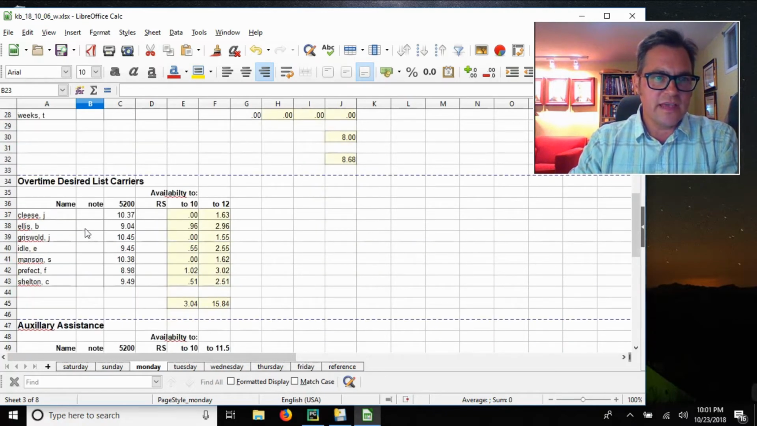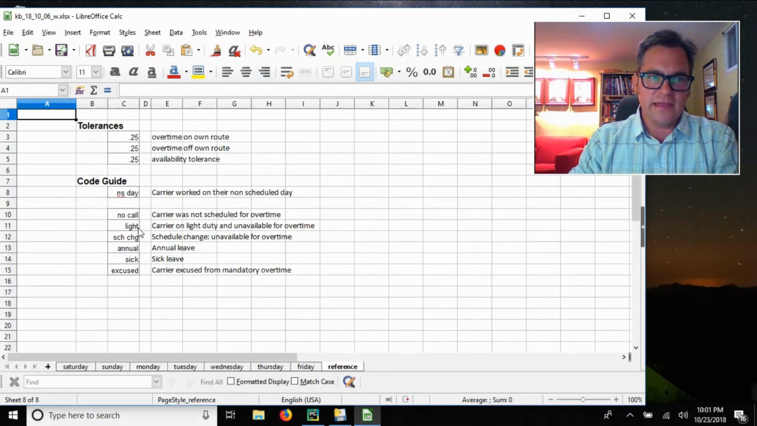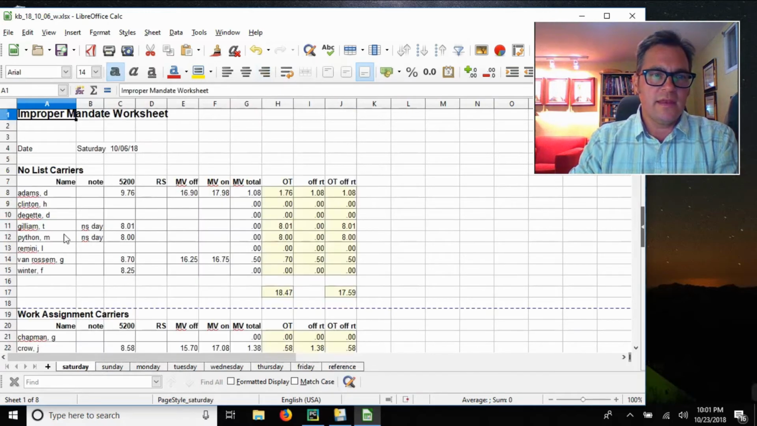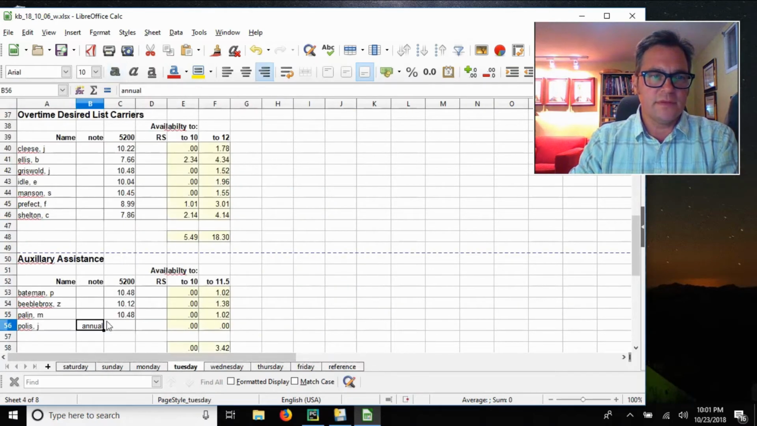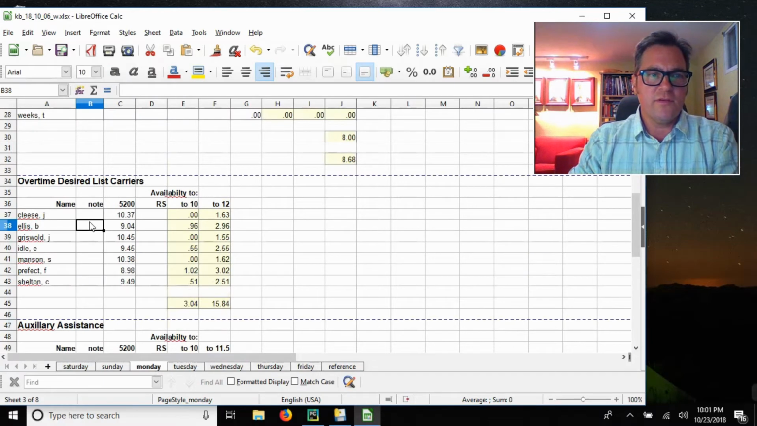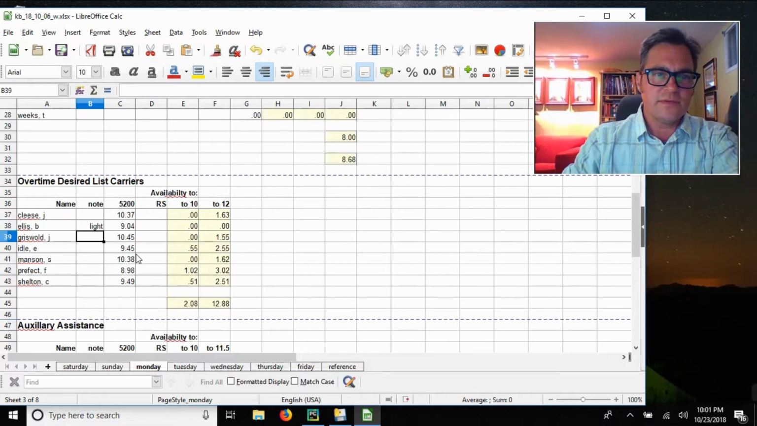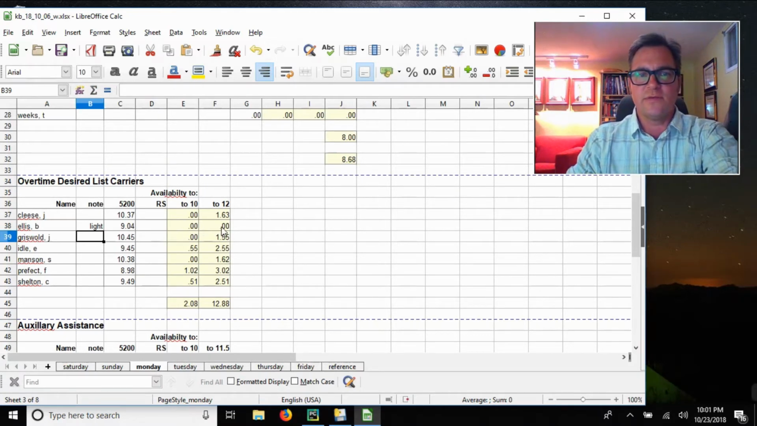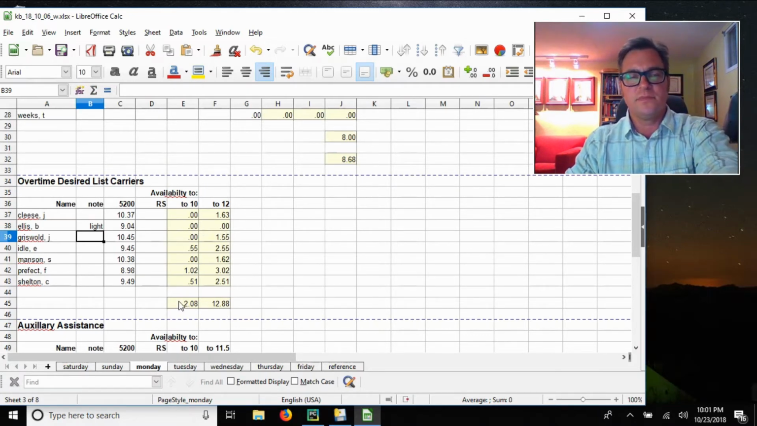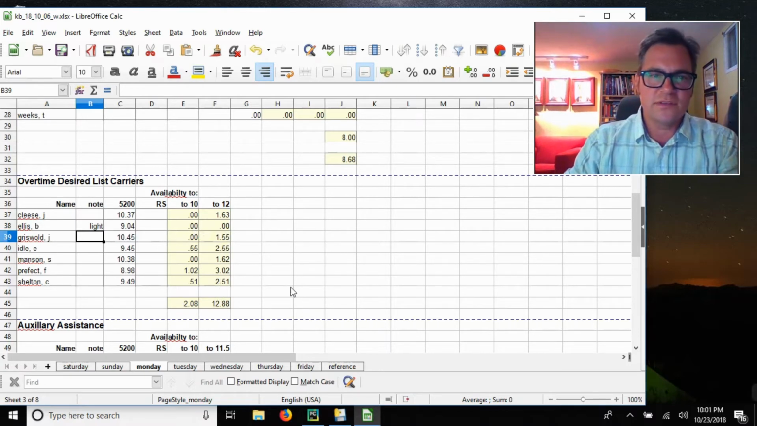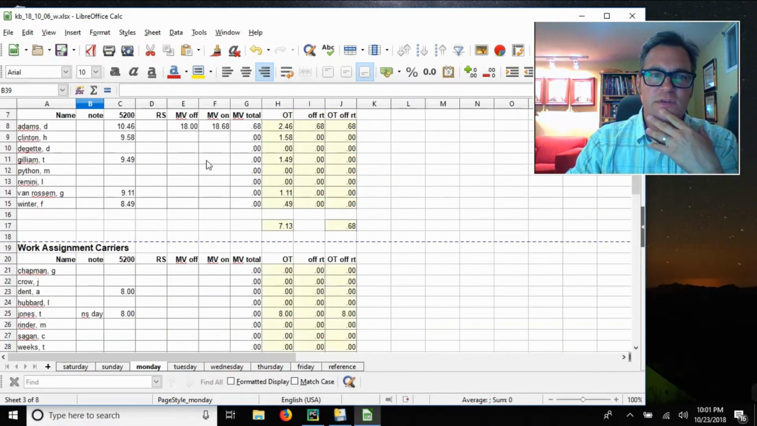And likewise, if we entered in light here for the overtime desired carriers, that would zero out the availability. So light duty, even though they worked 9 hours, this is zeroed out, and that's zeroed out. And it also reflects the total. So the codes still work, and the multiple move functionality still works,